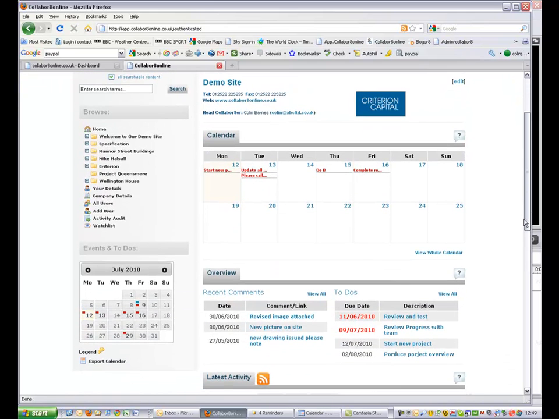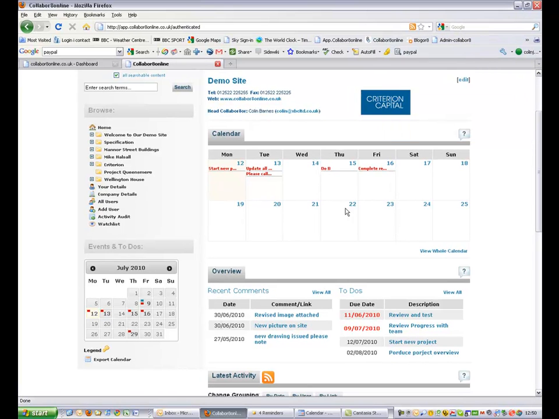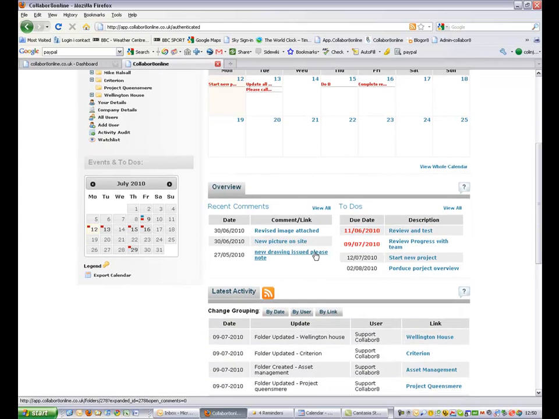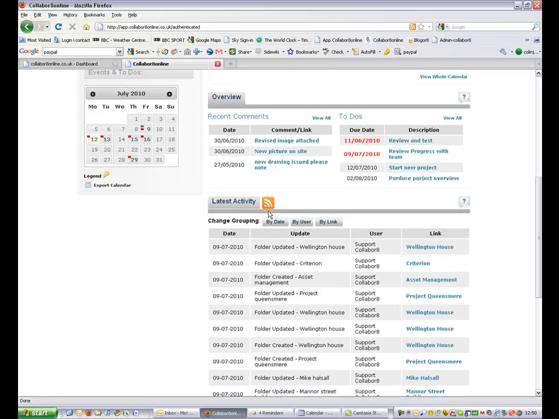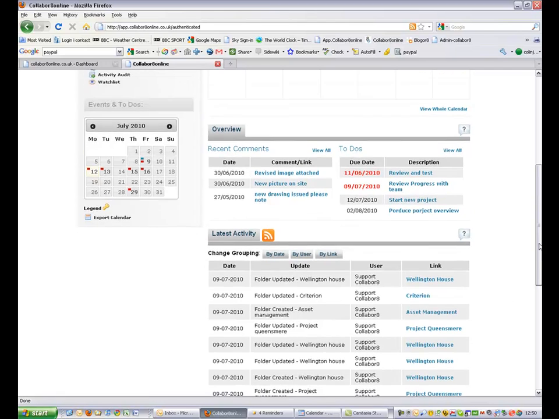home page shows initially the upcoming next 2 weeks of appointments for any particular user. Below the page we have any comments that have been made on documents or folders that that user has permission to view. We have the to-do lists or task items that are assigned to that user, and at the bottom of the page we have all of the latest activity on any of the folders that that user is allowed